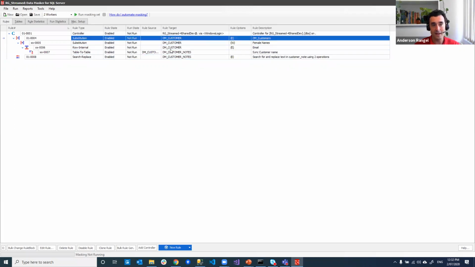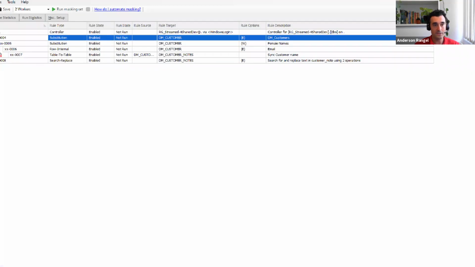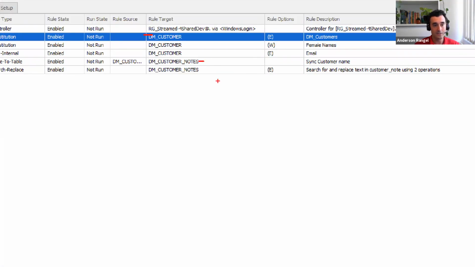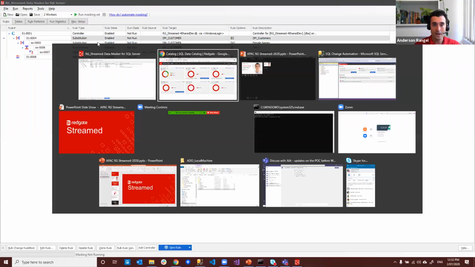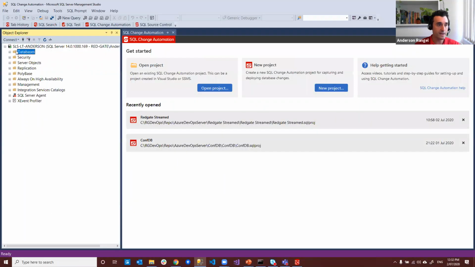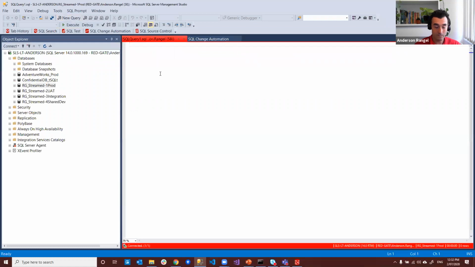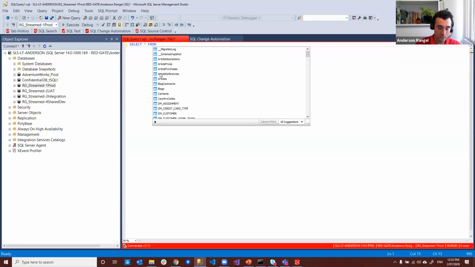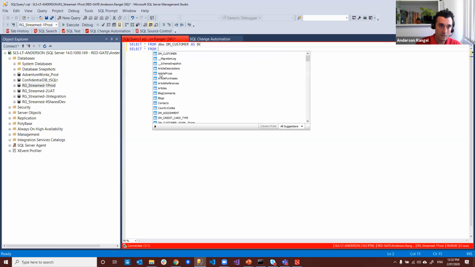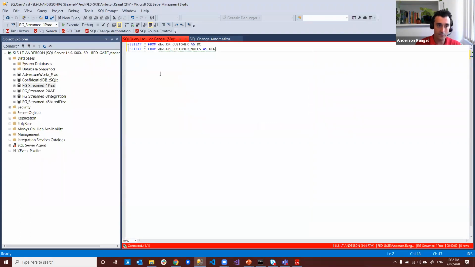As you can see, I'm tackling the customer table as well as the customer notes table, and there are a number of things that I'm doing here. I'm going to go into a little bit more detail about that in a second. I thought it would be useful to show how that schema and how that data actually looks underneath. So I'm just going to bring up those two tables,